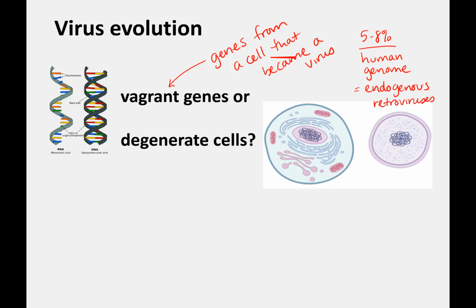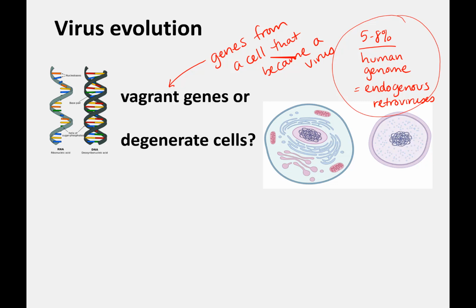So they're inside our DNA. They have a lot of genes that look similar to retroviruses. An example of a retrovirus is HIV. So this can kind of support the idea that maybe these genes jumped out of the human genome,